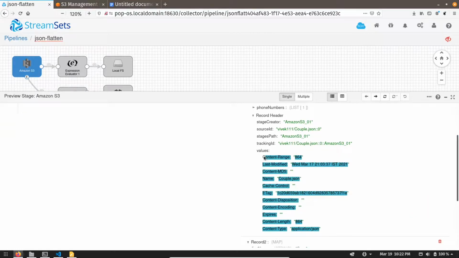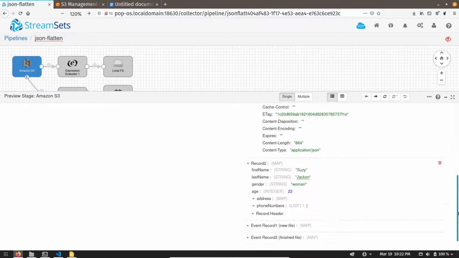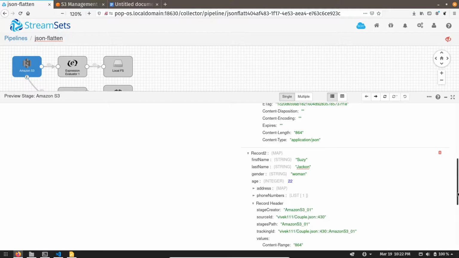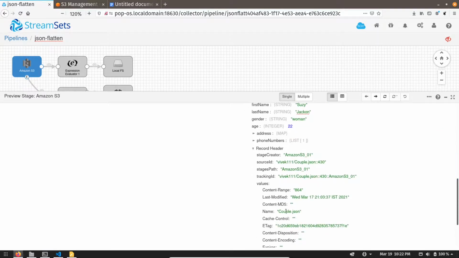These are the record header attributes generated by Amazon S3. Over here we can see one attribute is called name, and its value is the file name which we are reading. It is appearing in both records. So suppose we want to take this file name as a record column, then how will we do that?